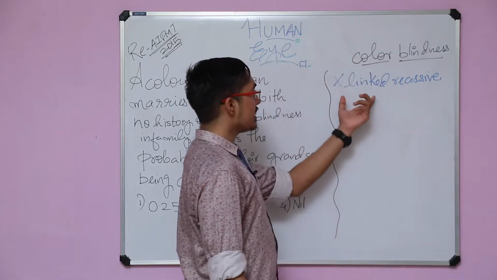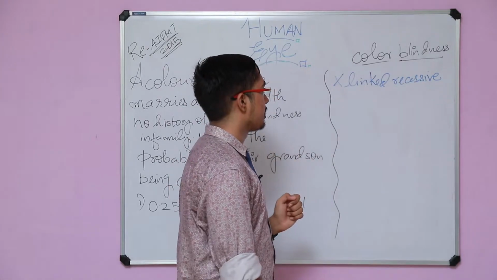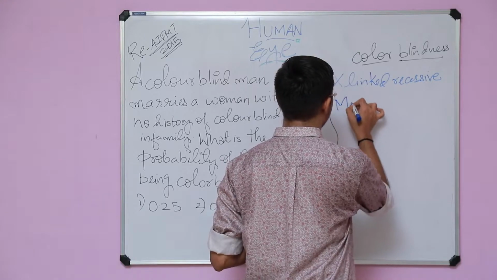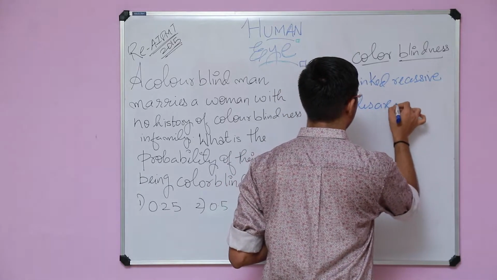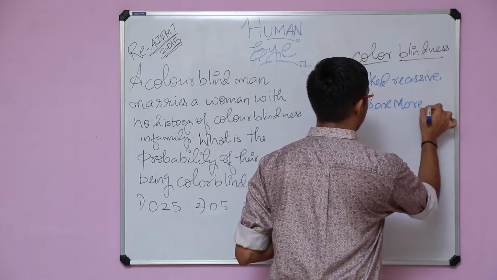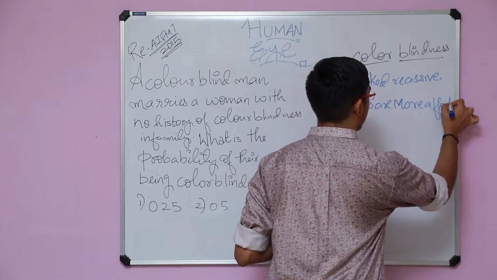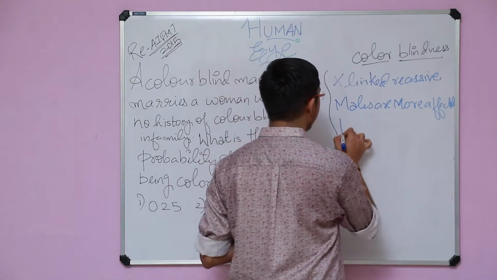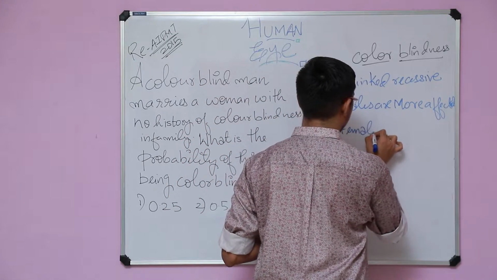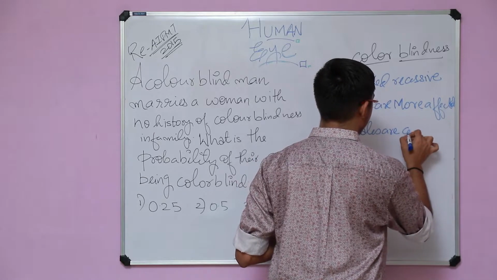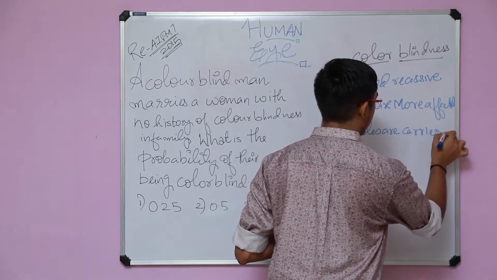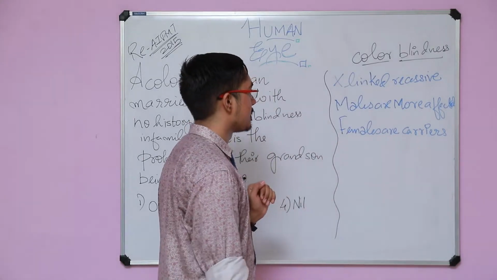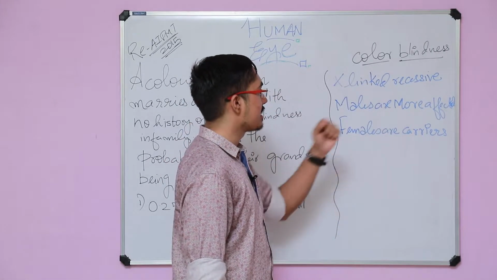So the inheritance pattern is X-linked recessive. So once it is X-linked recessive, you will say that males are more affected. Right? So males are more affected, and mostly the females are carriers. Males are more affected, females are carriers, because females have 2 X chromosomes, males have only 1 X